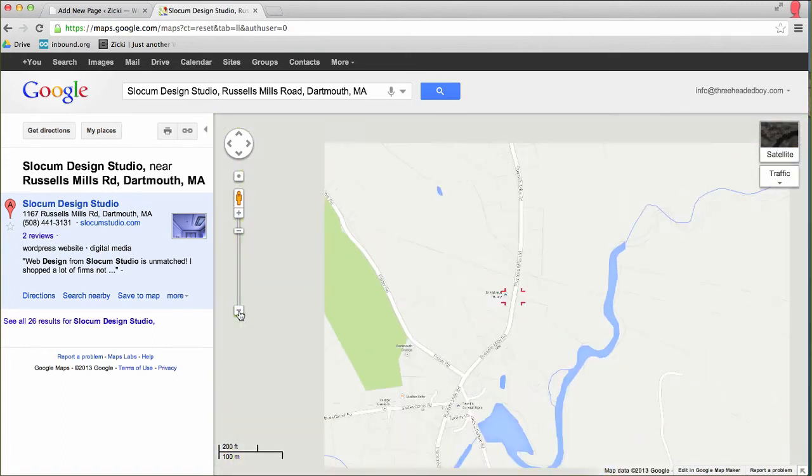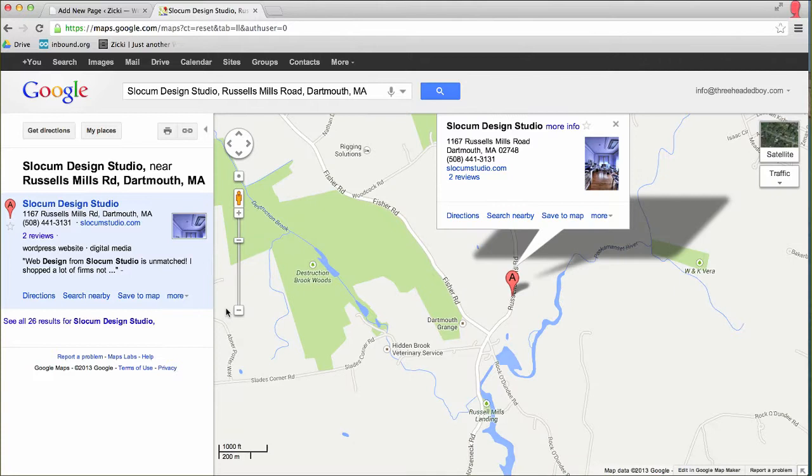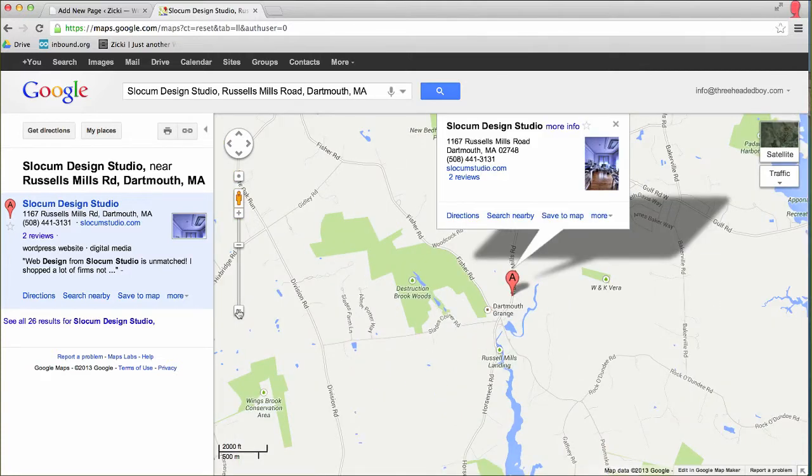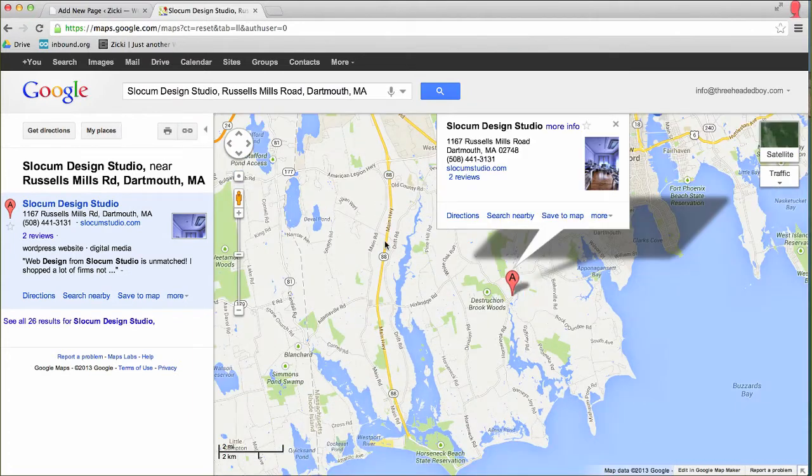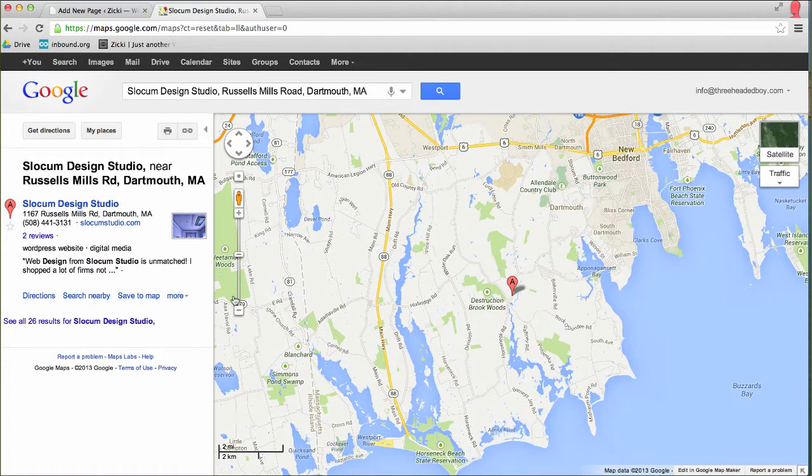There we go. Maybe get a couple highways in there. There. So what we're going to do, and let's zoom in a little bit. There we go. I like that. So what we're going to do now is actually implement it and take it from here